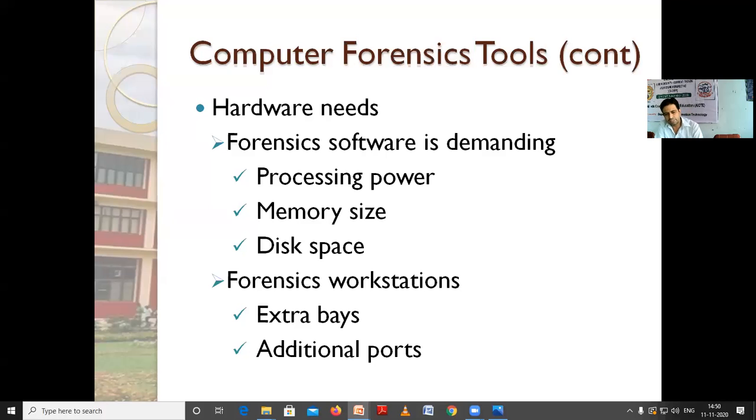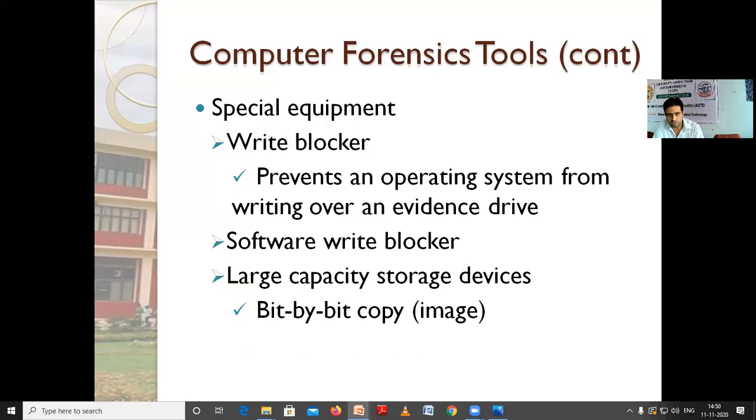So there are the different workstations having extra bays and the additional ports to support the software requirements. And there could be some special equipment in the form of the write blockers. So write blockers prevent the operating system from writing over the evidence drive. As well as they perform